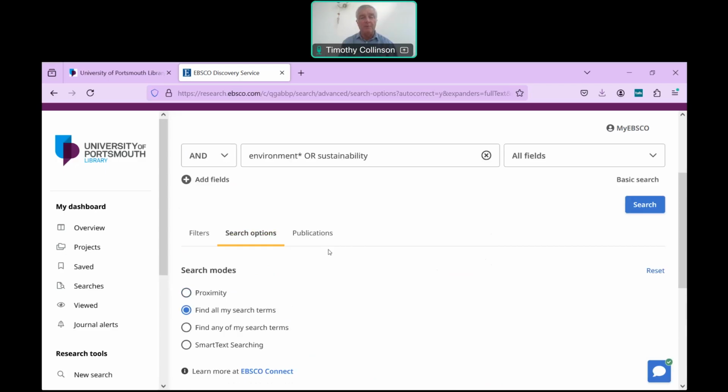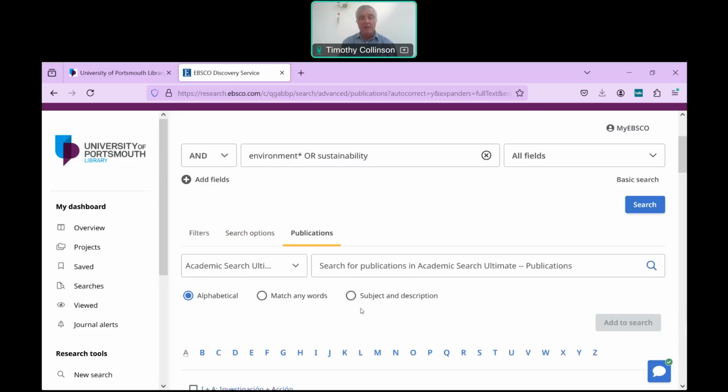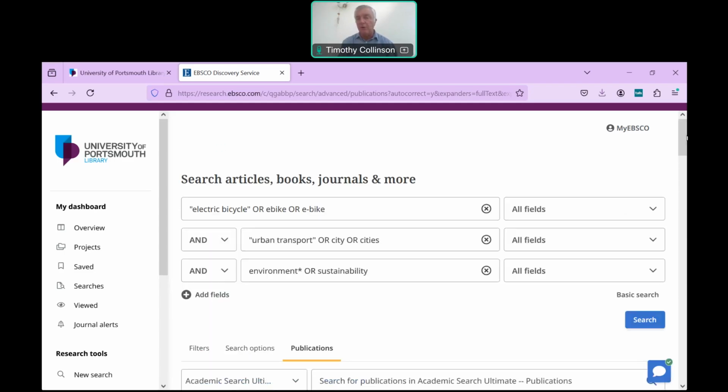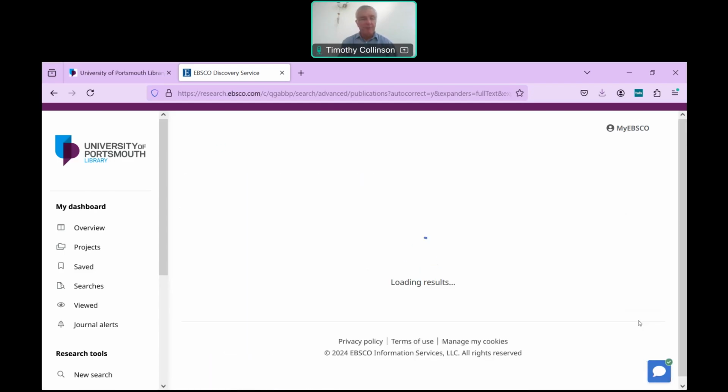And then you can also look at the publications options there if you want to as well, which will let you search for specific journals. We won't do that at the moment, but if you do need to look for a specific journal, then that will tell you whether we have it or not. Okay, so in the search that we've got, if we click back on search, a couple of things to note